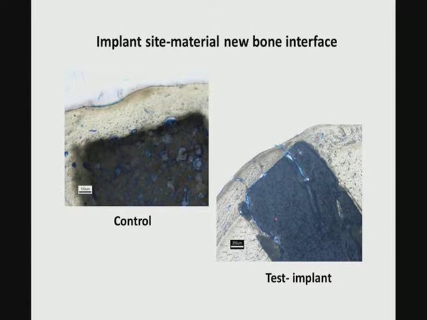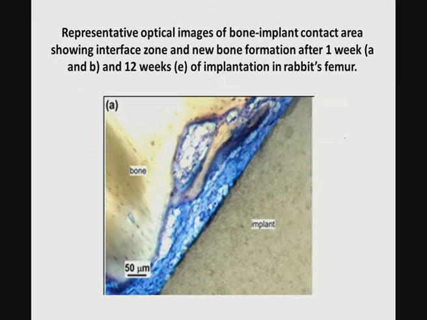The second thing that you observe here is, again in a separate set of histology images, this is your implant and this is a different region of the bone formation, at a different magnification. This is your test implant after 12 weeks, and this is the histology stained image. Now, in this blue region you can see collagen as well as osteoblast cells, the bone forming cells, and their activity at the bone implant interface.